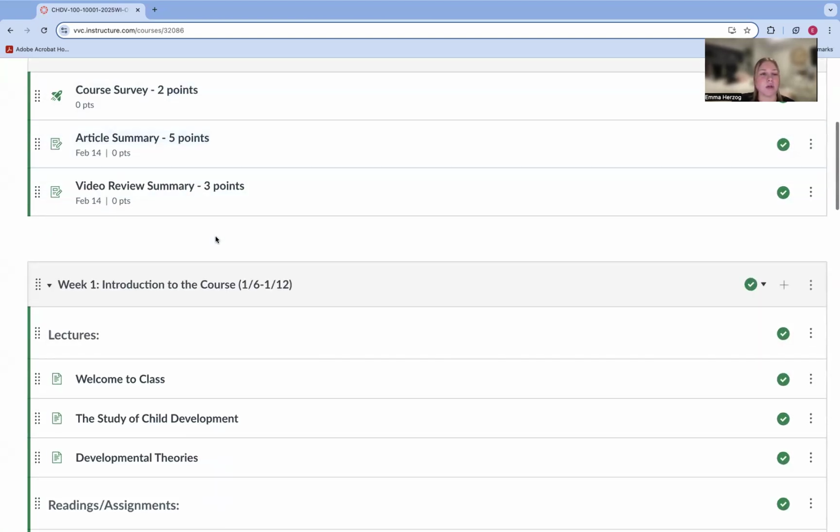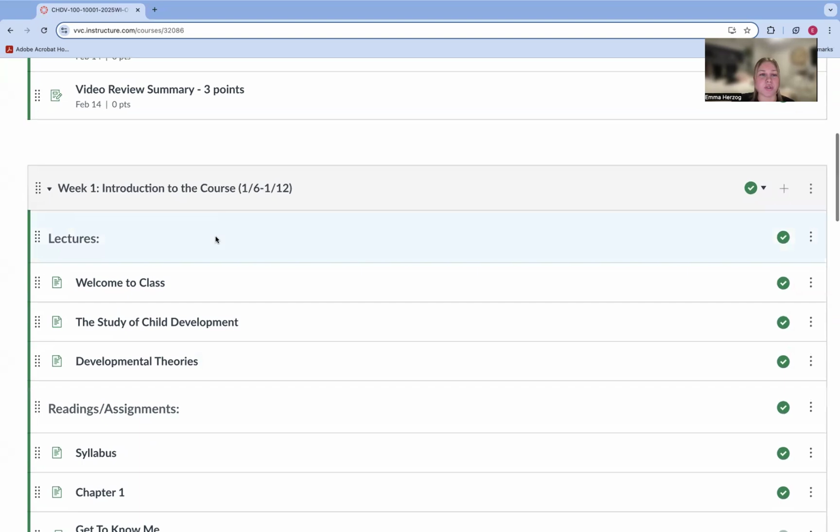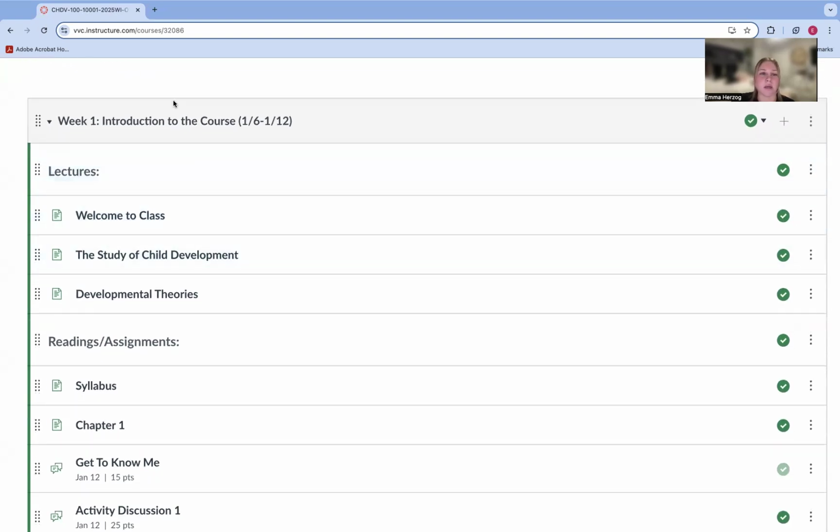And as you'll notice, each of the weekly modules will follow a similar format. So for example, you'll see that I'll have the week listed, so week 1, and we'll go all the way through week 6. Then you will see the title, and everything in the modules matches what is on your syllabus. So when you look at your syllabus and you see the weekly course schedule, it will reflect what is here on the modules on Canvas.